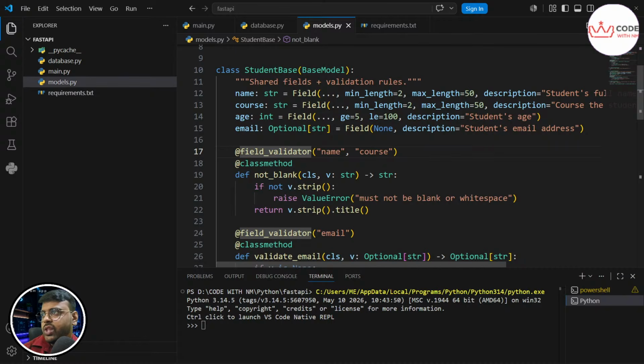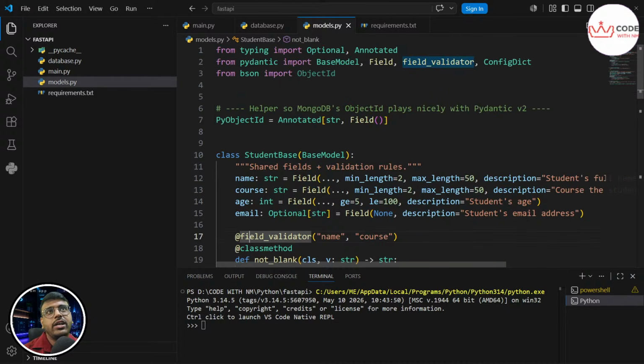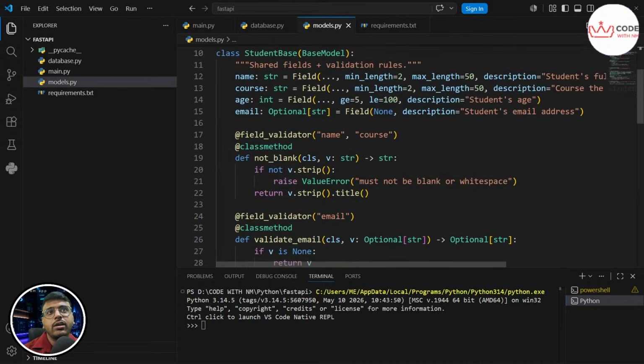What we are checking is the basic length, because if someone passes a length of 60 or 70, with the help of Pydantic, because field_validator comes from Pydantic, we are defining one class method, and with that class method we are defining that it cannot be null, it cannot be empty,